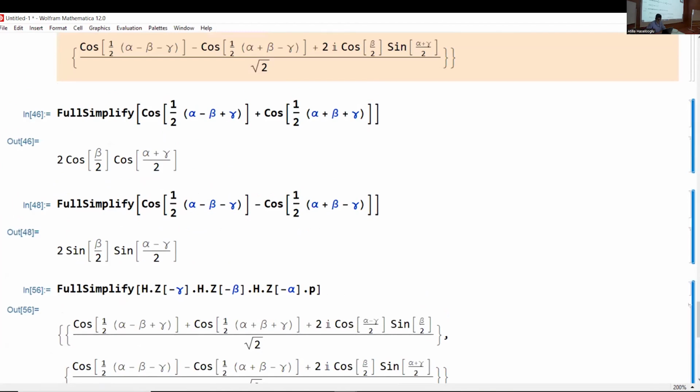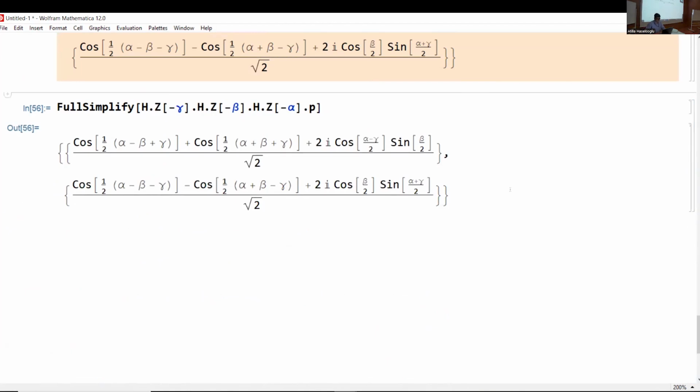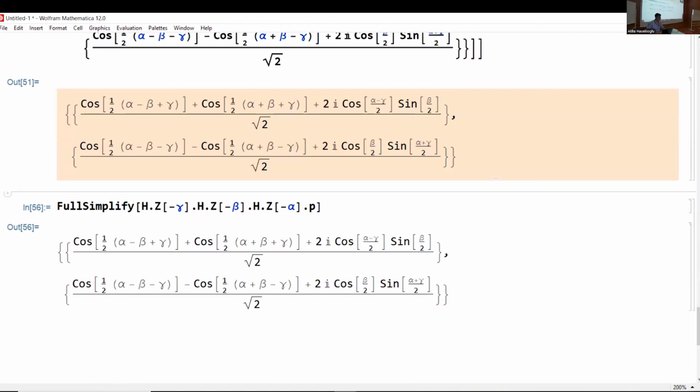Let's try to do this one. Are they the same? I think they are the same. So if you look at the top,